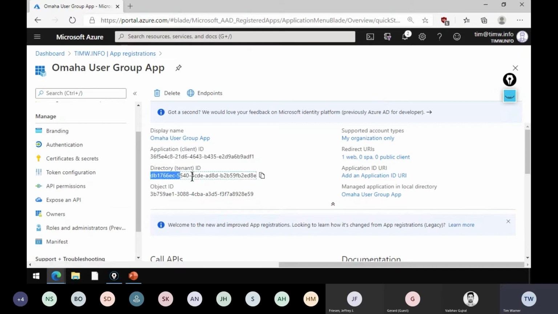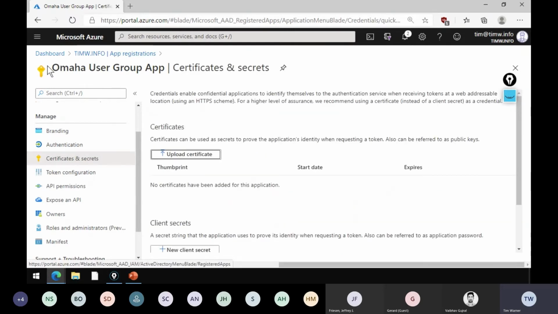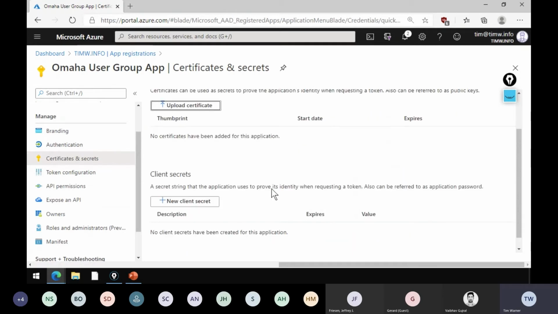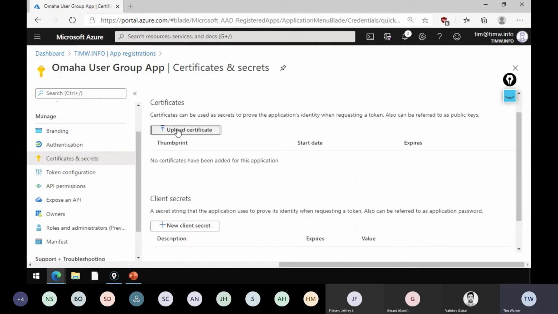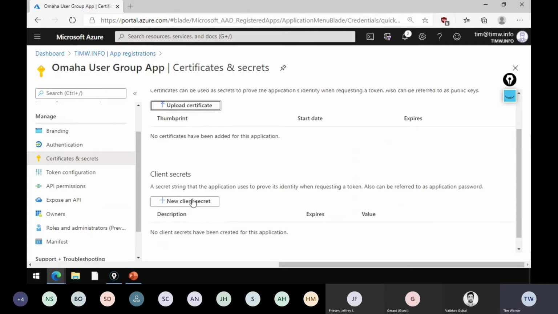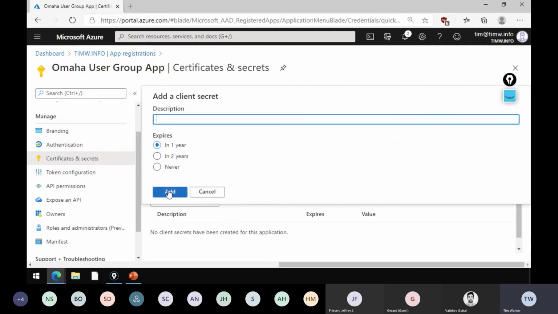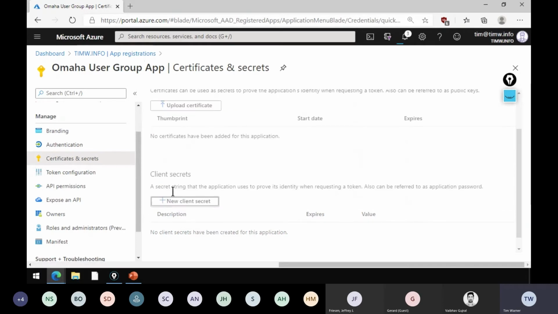And almost always you're going to need the directory or the tenant ID as well. Another thing is if you're going to give the application itself access to other Azure resources, it needs to identify itself, doesn't it? How does it do that? Normally you use the app ID as the user field, and then you either have a password or a digital certificate. So we can create a password or a secret here and give it an optional expiration.